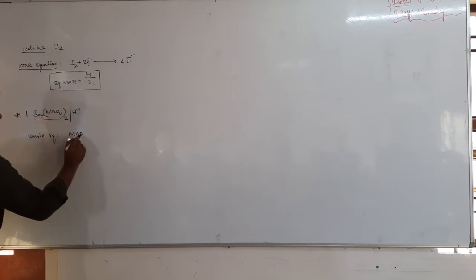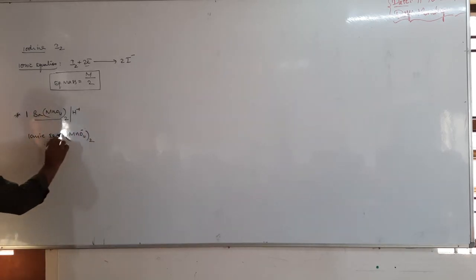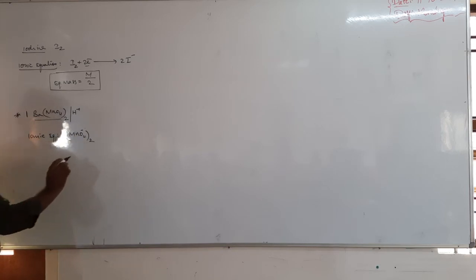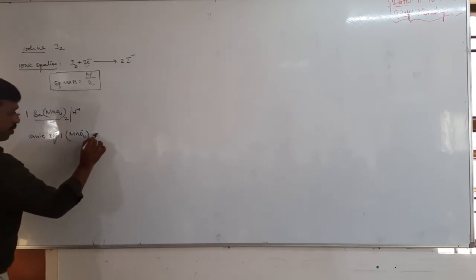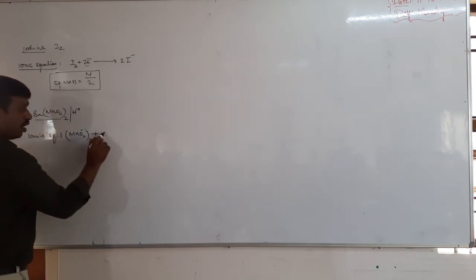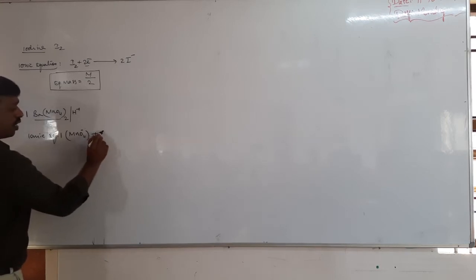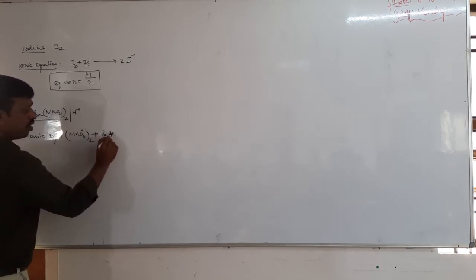Let us take MnO4 minus only. So 1 mole of barium permanganate has how many moles of ions? 2 moles. Now, for 1 mole of permanganate, how many H plus ions are required? 8. So 2 moles require 16. It is actually double, no?